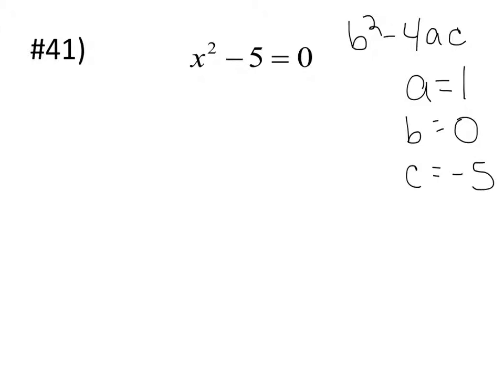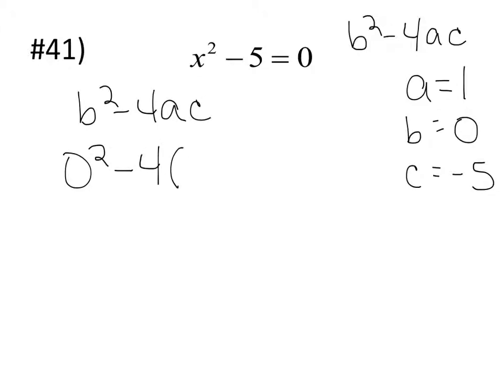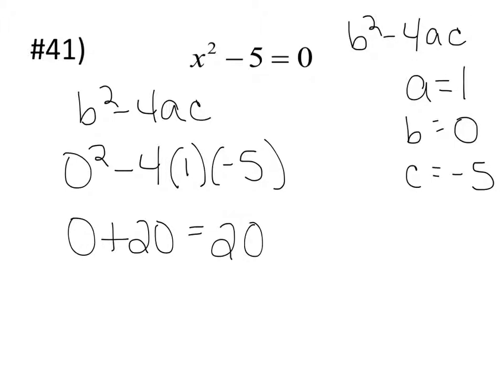So I'm going to plug into b squared minus 4ac, which is my discriminant. B squared will be 0 squared minus 4 times 1 times negative 5. 0 squared is 0. Negative 4 times 1 is negative 4. Times negative 5 is positive 20. So my discriminant is 20,